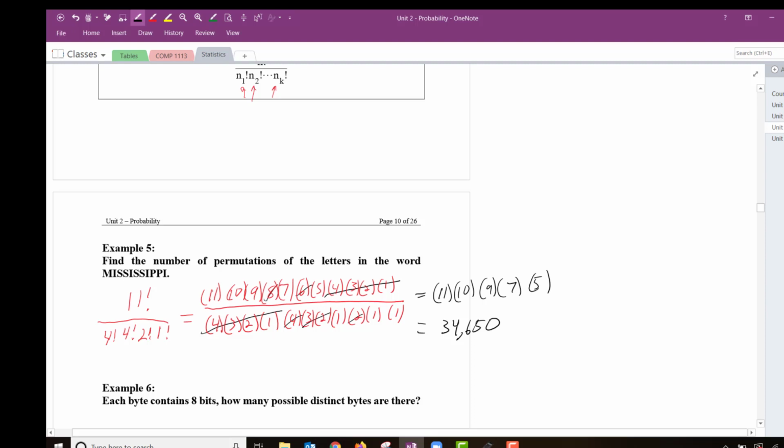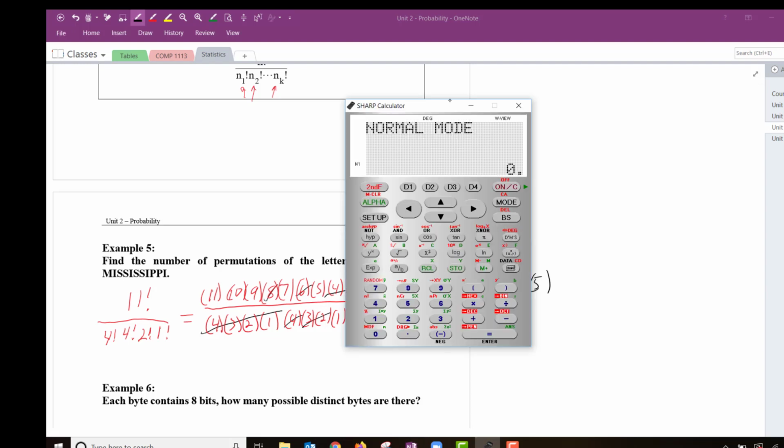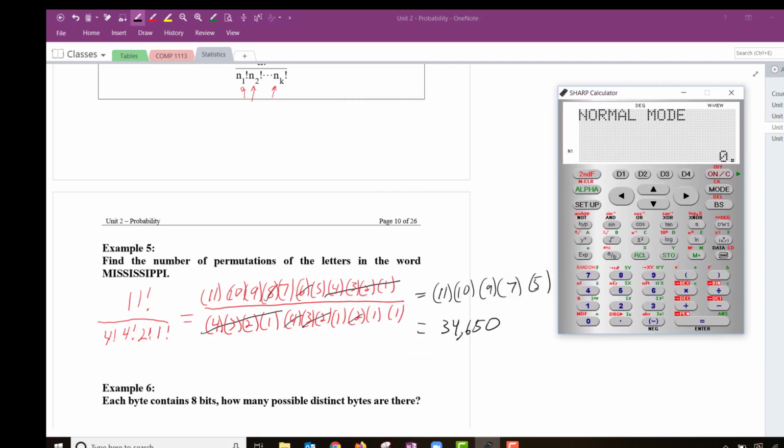Of course, you don't have to expand these out and do all this cancellation. I was just trying to show you that that's one way of dealing with factorial. Our calculators have a factorial button on them somewhere. If you look on your calculator, it's like above the 4 button, there's a red little notation there for n factorial. So if we wanted to solve this problem, we could say 11, then second factorial, and then divide